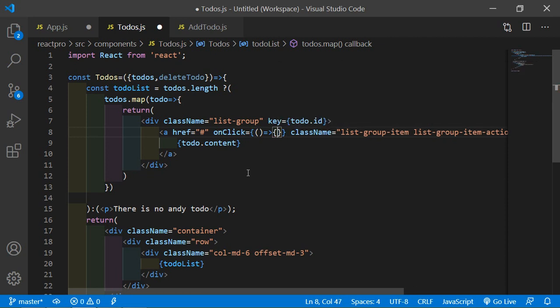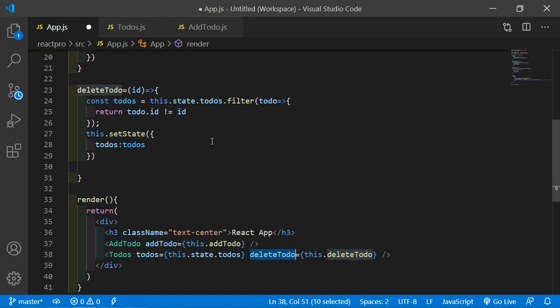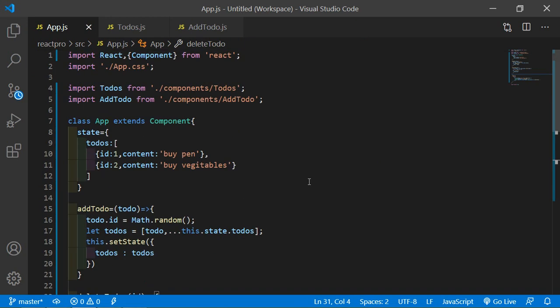So just write here deleteTodo and inside this just pass here the id. So just write here todo.id. All right, now save the file, save also App.js and